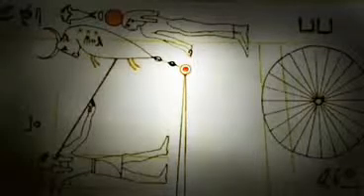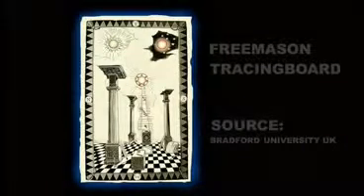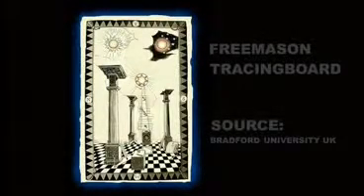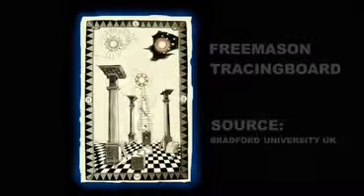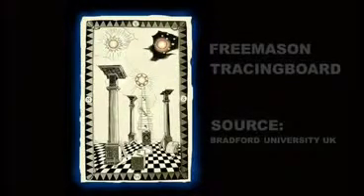The second ancient artifact, semi-ancient, it's not that old, is a Freemason tracing board at the Bradford University in the UK. They have a document that shows the sacred trinity, the 3 solar bodies in the sky. I believe it's the Pleiades on the right hand side of the combination of the 3 solar bodies, and it does have a beam of light coming down from the star. The star also has 7 points of light on it. Now if you think of the Statue of Liberty, it has 7 beams of light beaming from the head.